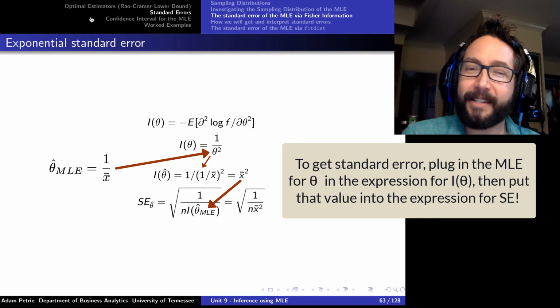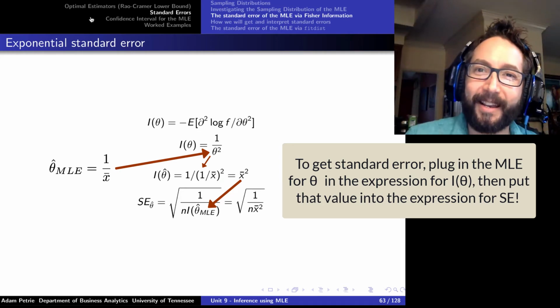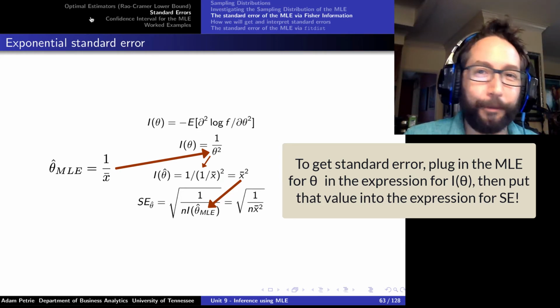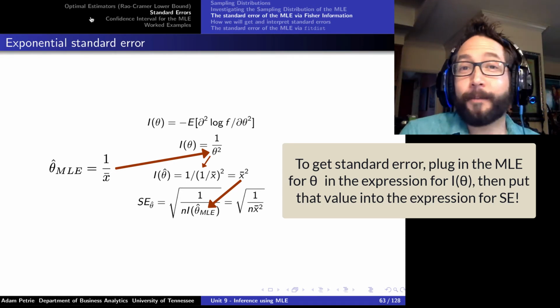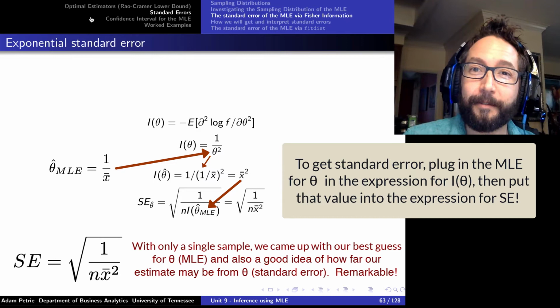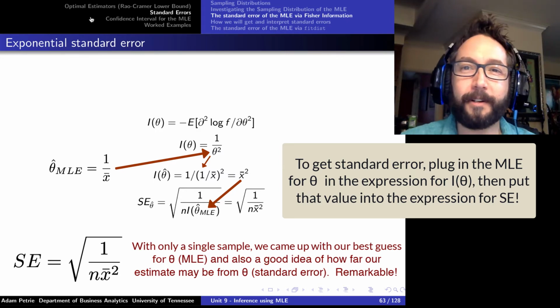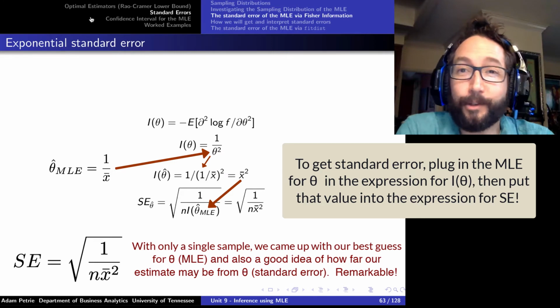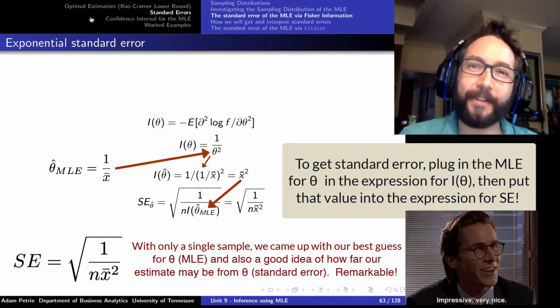And so I would replace that 1 over theta squared by the 1 over x bar squared, giving me x bar squared here for my estimate of the Fisher information. Throwing those into my formula for the standard error, I find that, in general, my standard error formula for the lambda parameter of an exponential is just the square root of 1 over the sample size times the square of the sample average. Kind of a nice simple rule to know what you need to do